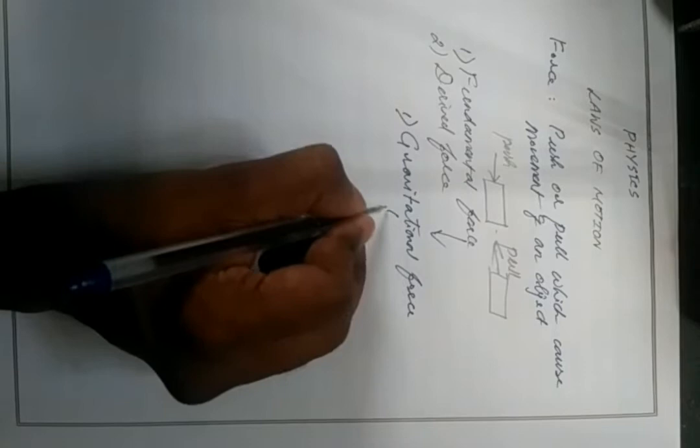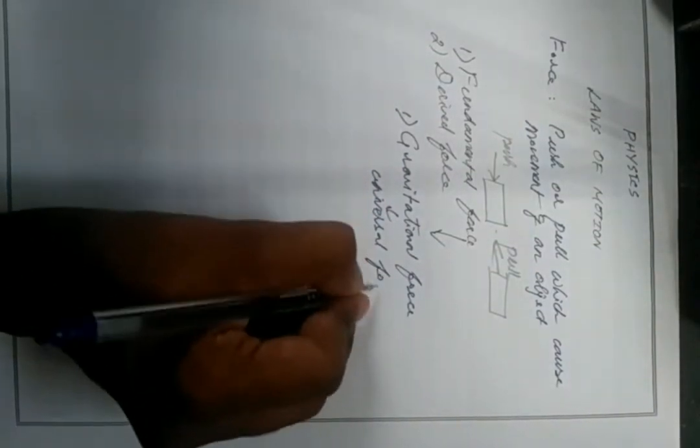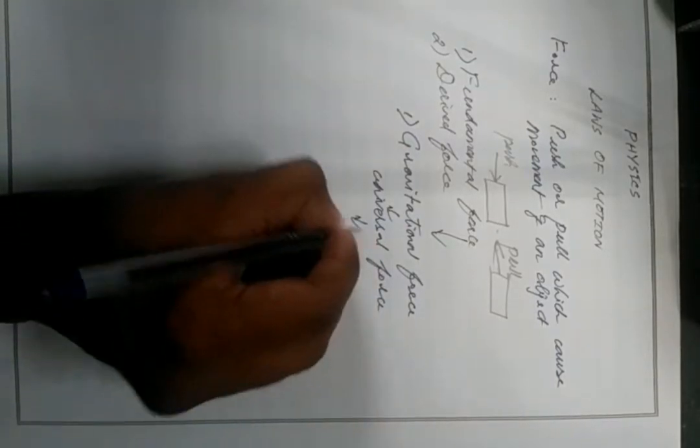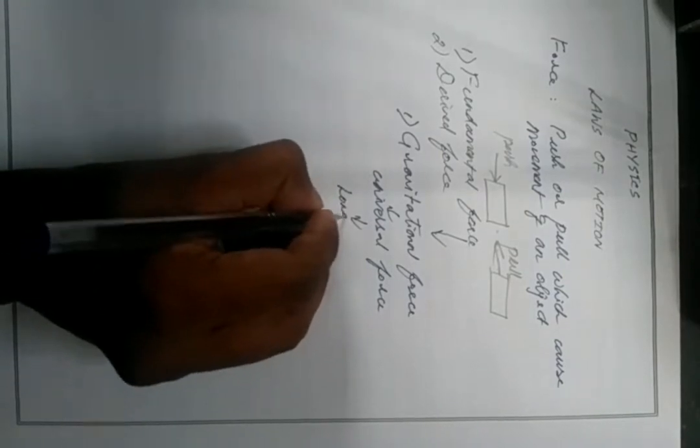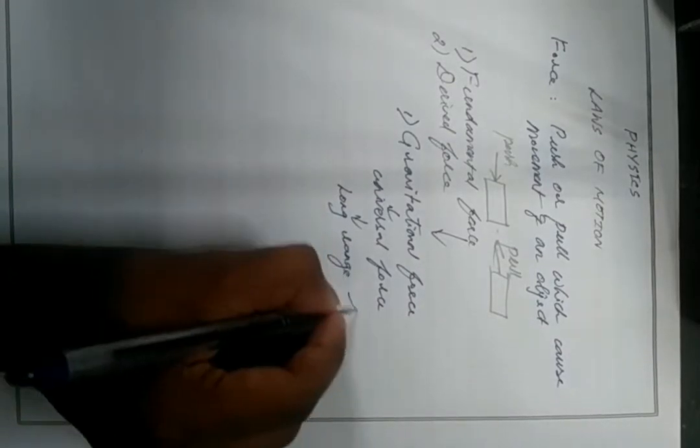So what is gravitational force? We can say gravitational force is a universal force. All the objects on the earth experience some gravitational force. If you throw any object above the earth, then what will happen? The object again comes towards the earth because of the gravitational pull of the earth. That force is known as gravitational force. It is a long range force. It acts up to a long distance, so we can say this is a long range force.